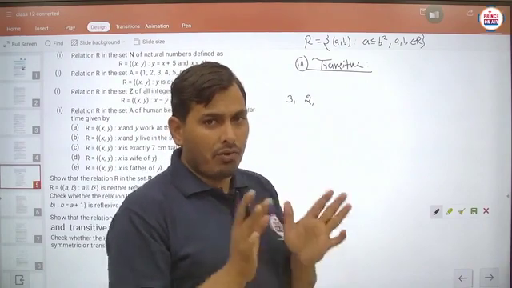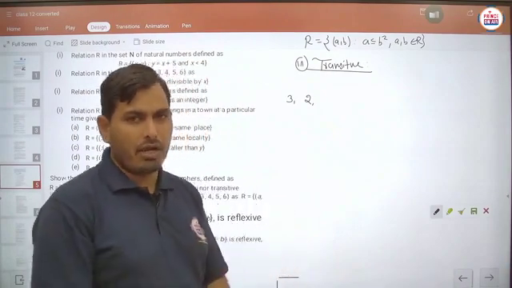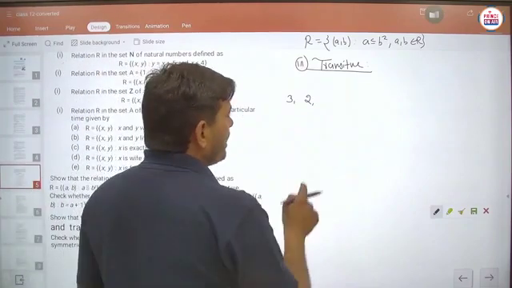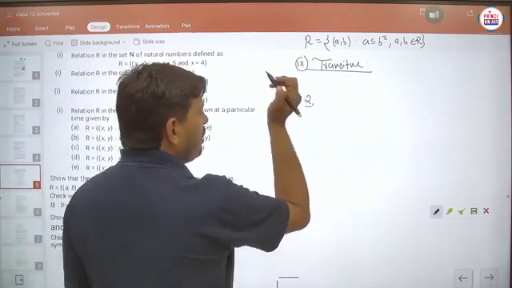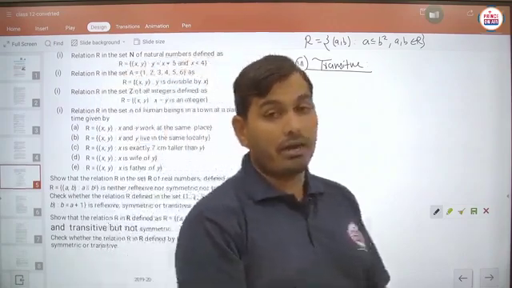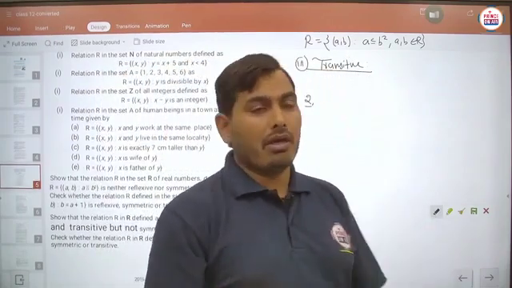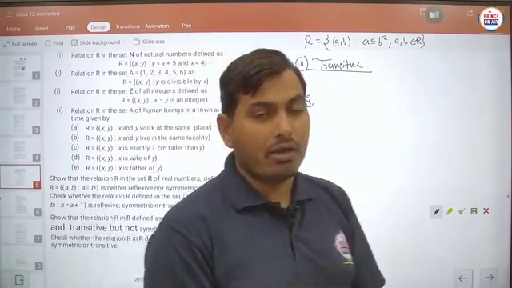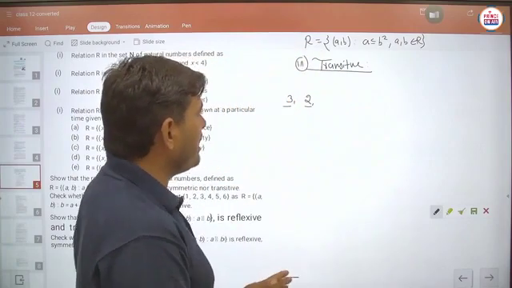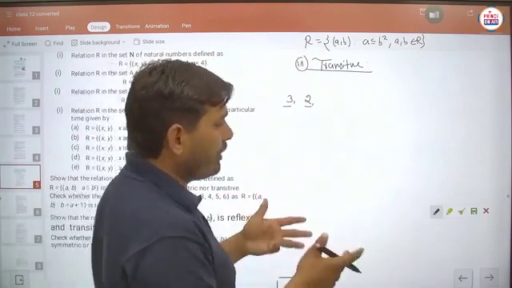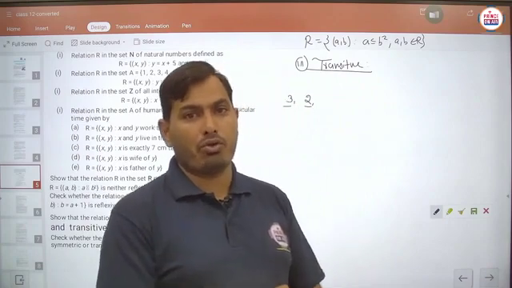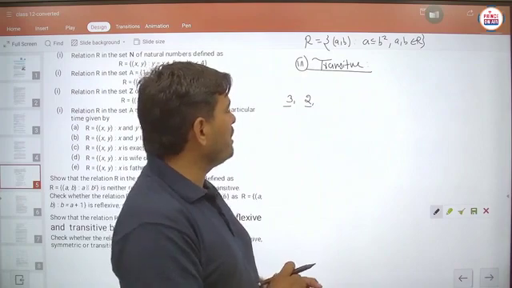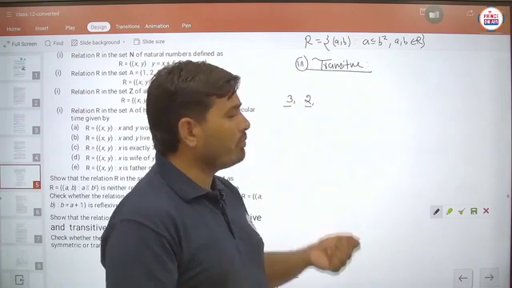So basically we are assuming the third number whose square will be greater than this part but less than this part. Is it clear? Means whose square will be greater than this part and less than this part. Is it clear? So basically students, you could say the number 1.8, because 1.8 squared is 3.24. So 3.24 is greater than both of the numbers. Is it clear?